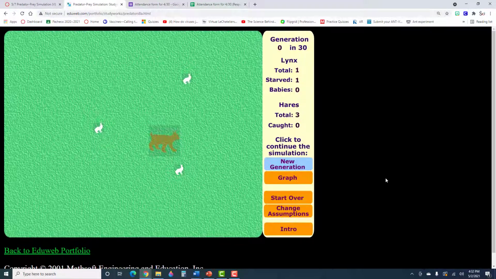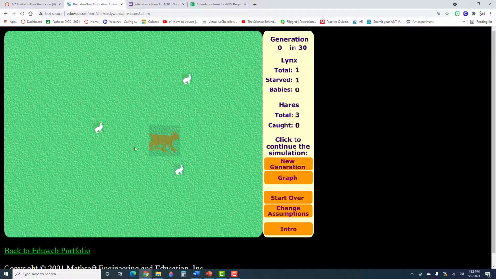All right, so I don't know if you noticed in that video, but those lynxes and those rabbits both have enormous feet to help them run through the snow and get some traction. So here you have your lynx and you have your rabbits. And then when you look at your worksheet,